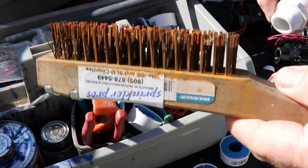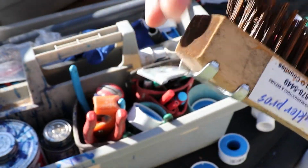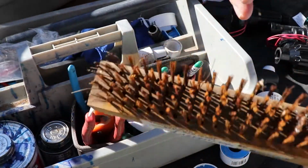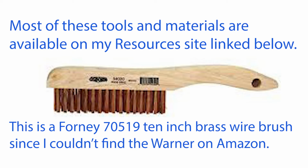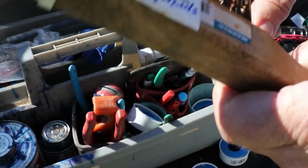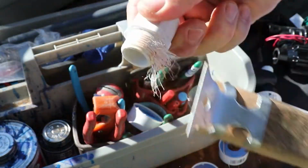Another thing you'll want is a brush like this. The scraper part really isn't that big a deal. I just came with it. This is frankly set up for a barbecue, but I like this. It's got the short handle. And I picked this up at Ace Hardware. It's the only place I've been able to find these. It's made by Warner. And if you're gonna take the threads off of here, sometimes it doesn't wanna come off real easy. So you can use this to,